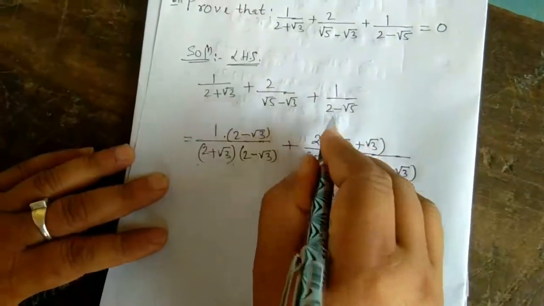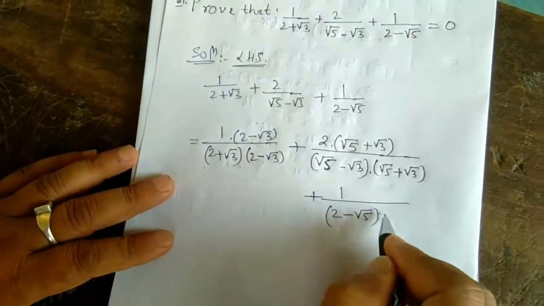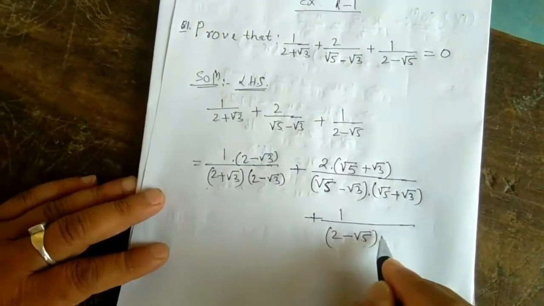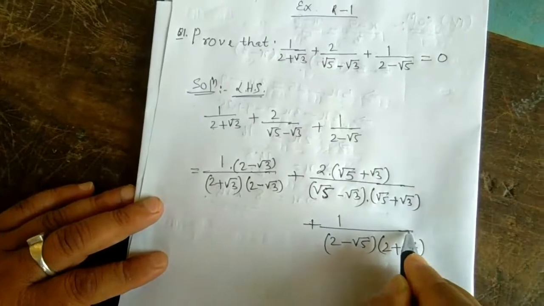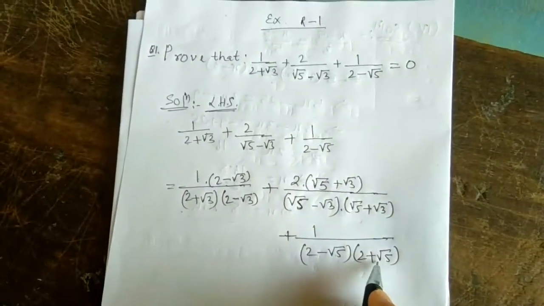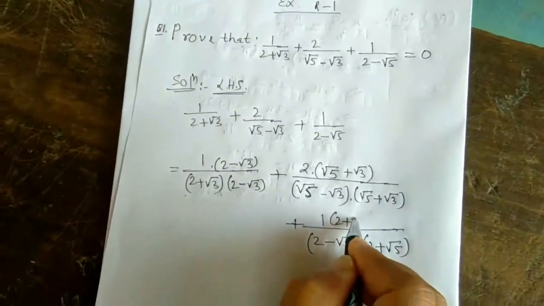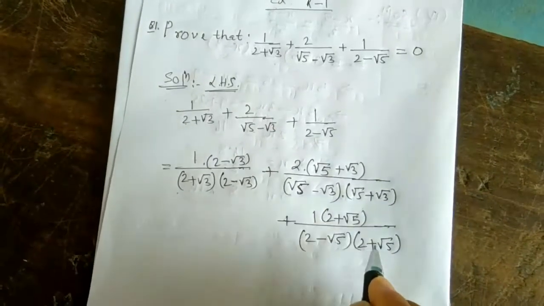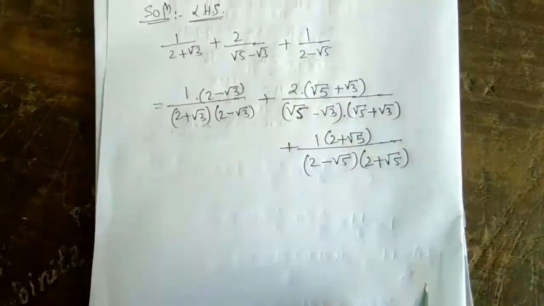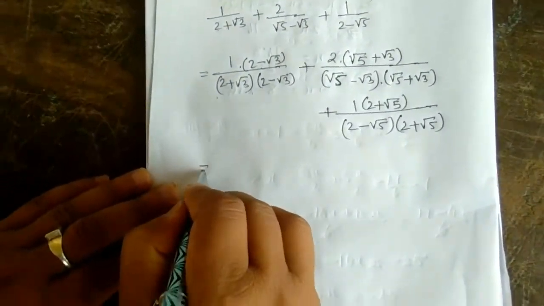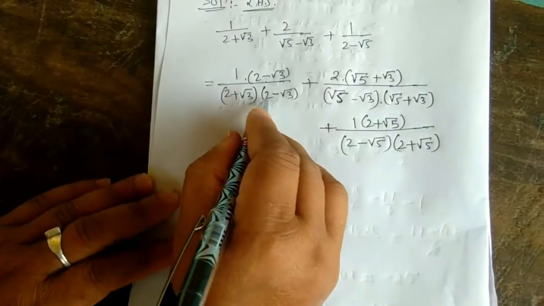1 by this one 2 minus root 5. This is also in the form of a minus b, so to rationalize it, to multiply it by a plus b. A means 2, b means root 5. Okay, as you multiply the denominator by 2 plus root 5, numerator also to multiply by 2 plus root 5. Understood, no? Then apply formula,